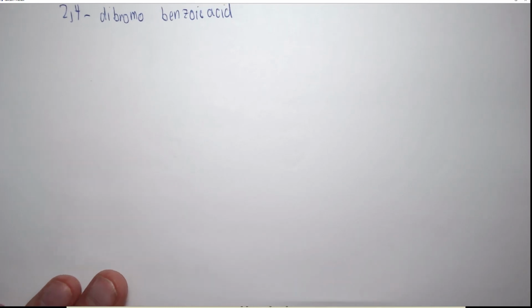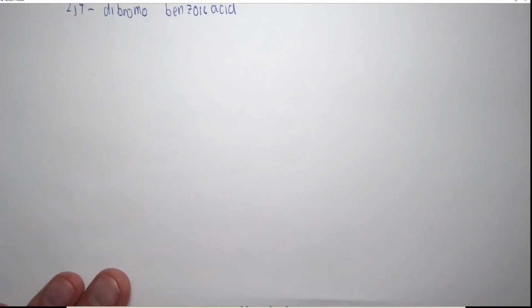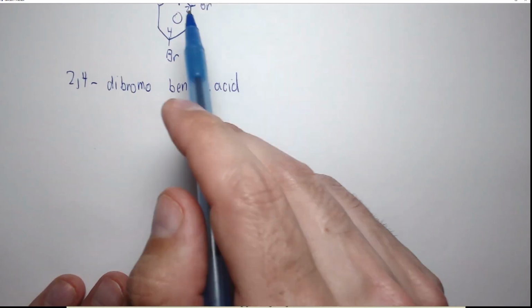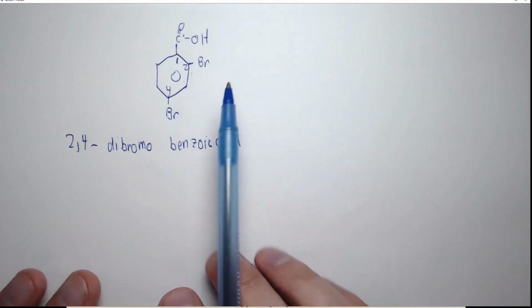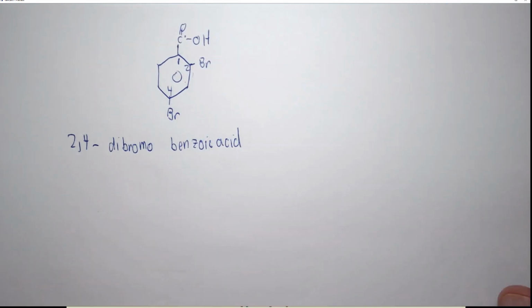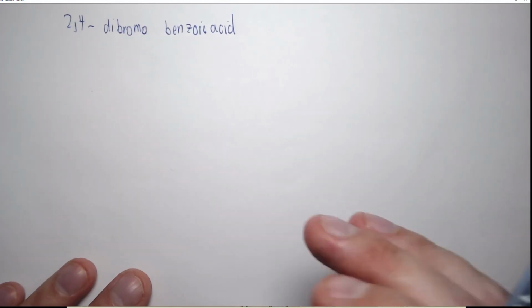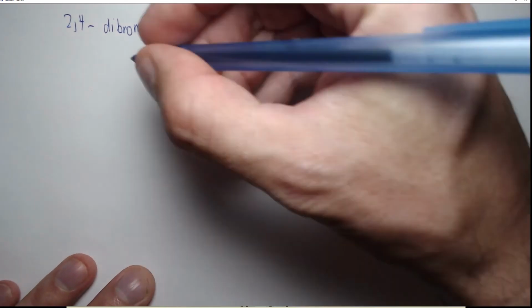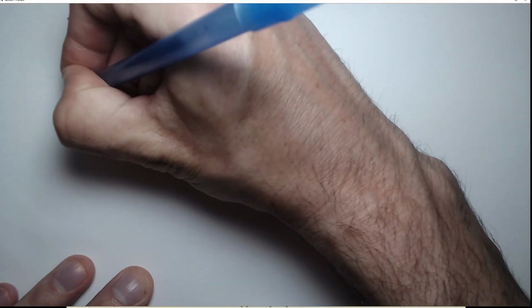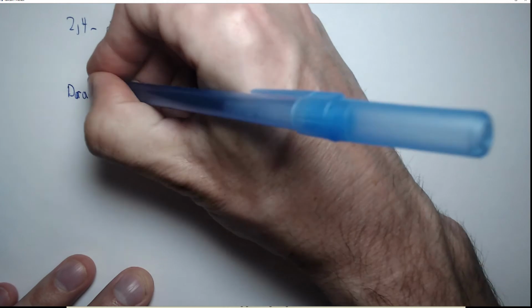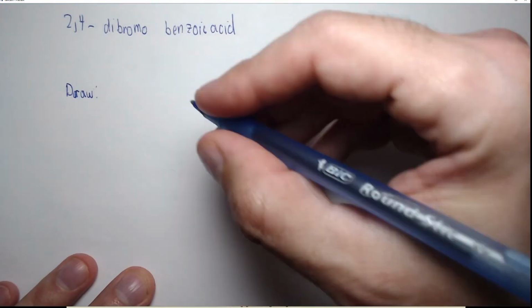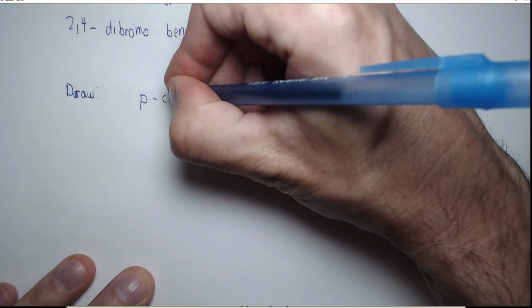So the last thing that I want to do here is draw from the names 3 things, because we've done several examples where we've named something given a picture. Now I want to do the opposite: given a name, draw a picture. So let's have this one, and I'm not going to write draw every time because we're going to draw 3 of them. All right, p-chloro